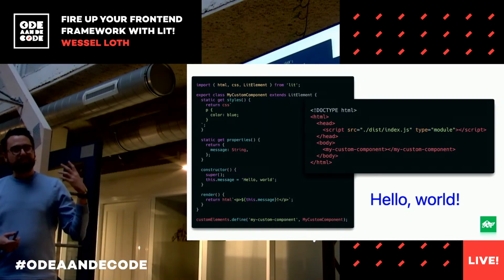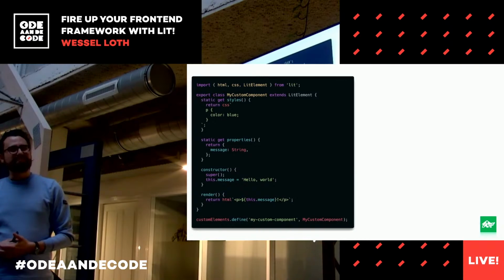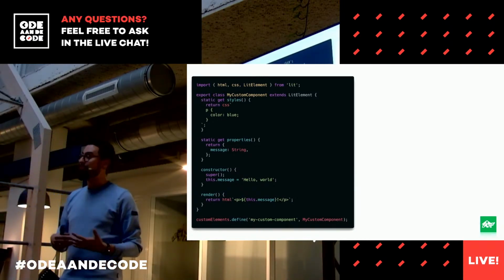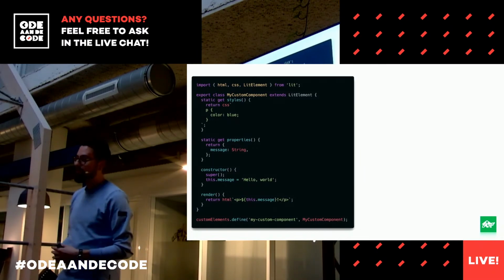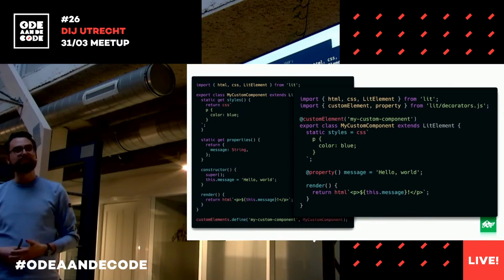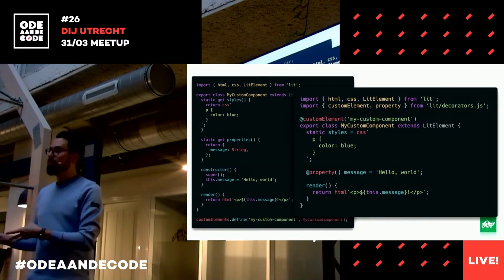But still, if you're looking at this, you might think, that's not the most beautiful syntax. There are other frameworks which have done this in an easier way. And that's true, and that's where the TypeScript version of Lit comes in. So the Lit TypeScript functions,